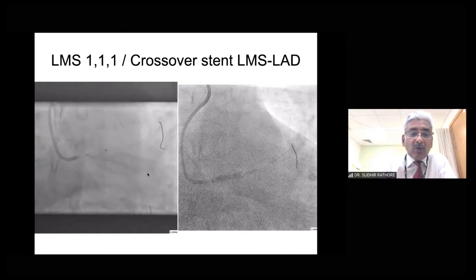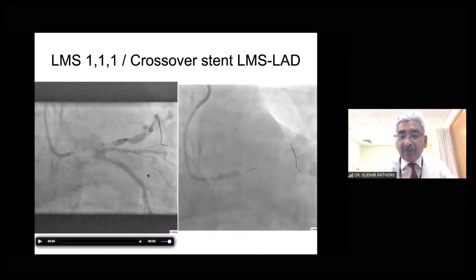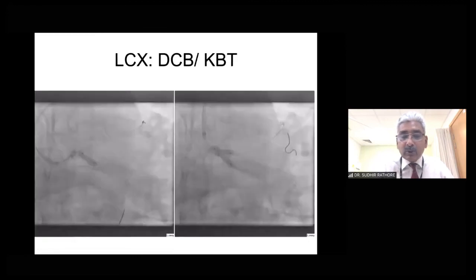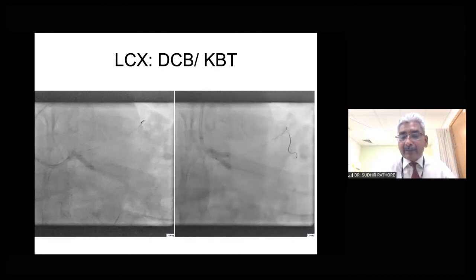We have got a 1,1,1 lesion. As you can see here, there was about a 70% lesion in the side branch ostium of the circumflex. I decided to treat it with a crossover stent from left main stem to LAD, followed by recrossing with the wire into the circumflex ostium with a semi-compliant balloon, followed by drug-coated balloon, followed by kissing balloon. And I used the same drug-coated balloon, and this was a solution in this case,